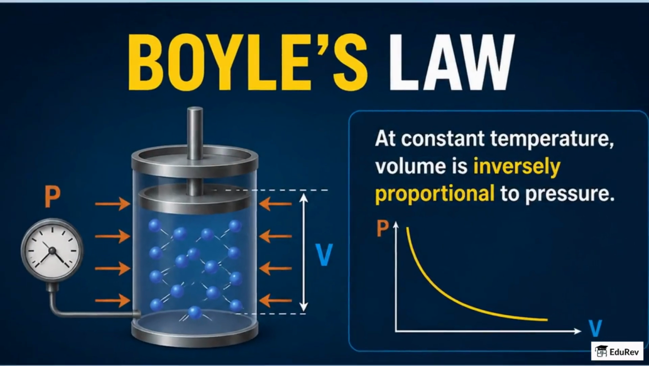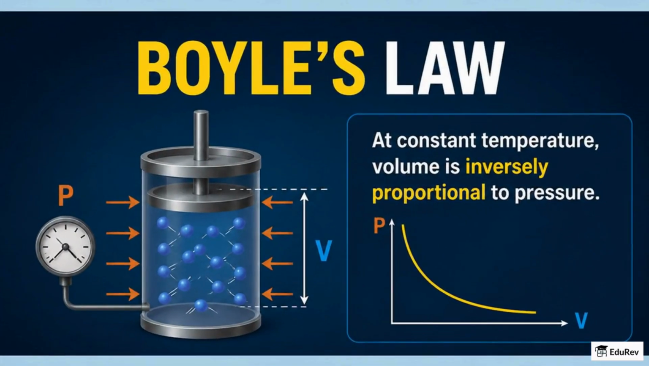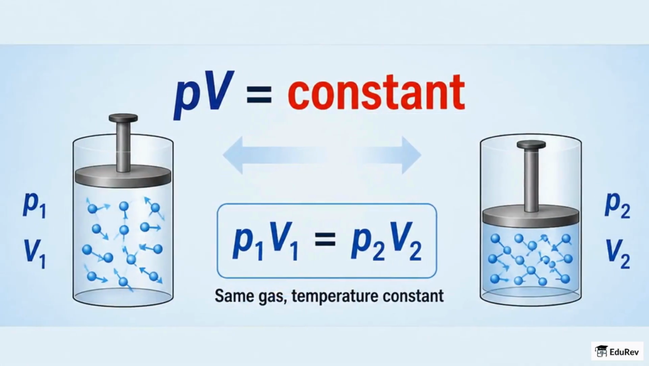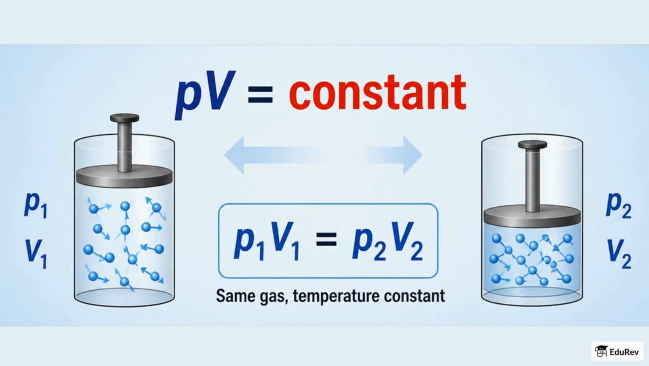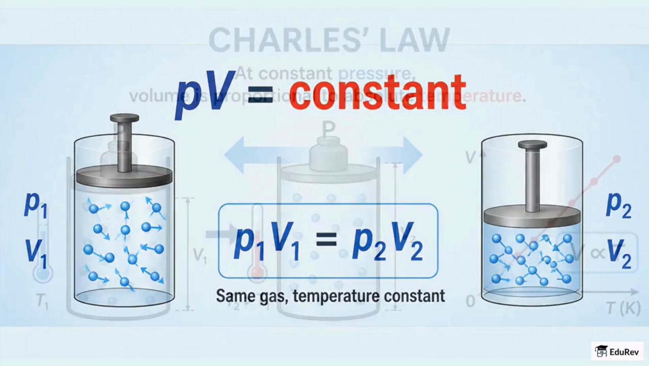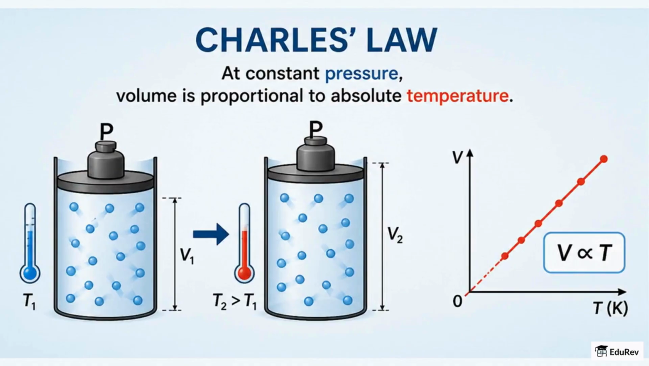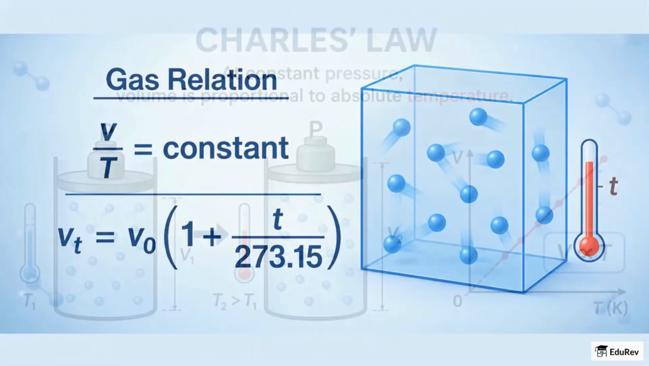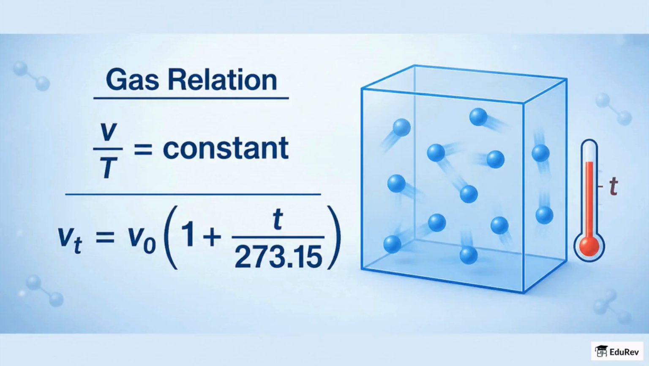Boyle's law says that at constant temperature, volume is inversely proportional to pressure. In words, PV equals constant, and so P1V1 equals P2V2 for the same gas when temperature does not change. Charles' law says that at constant pressure, volume is proportional to absolute temperature. So V divided by T equals constant, and V at temperature T equals V at 0 degrees times the quantity 1 plus T divided by